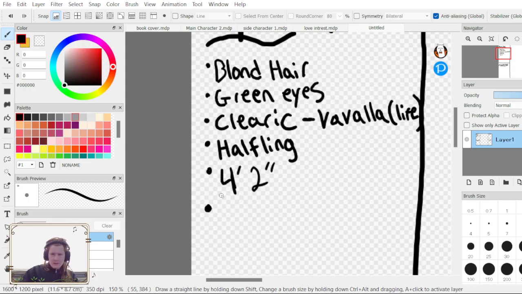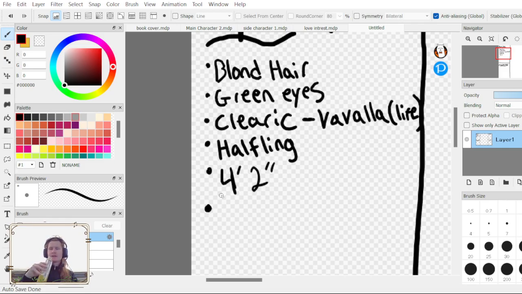So if she's gonna be a cleric, clerics aren't necessarily very muscular, because they're kind of middle line. We could have her be like a bow user cleric.